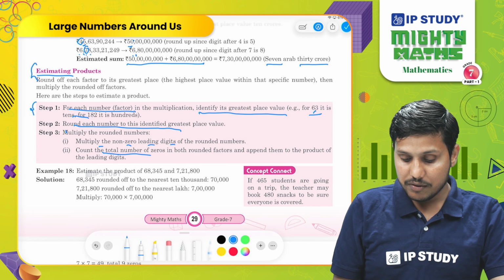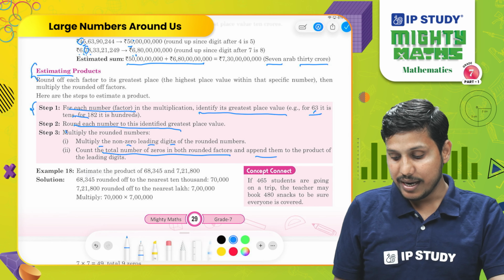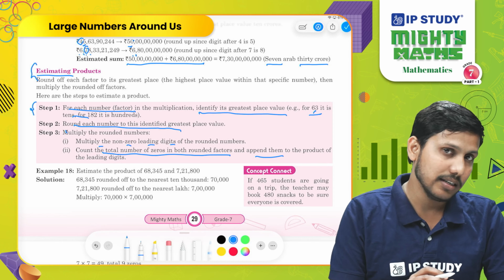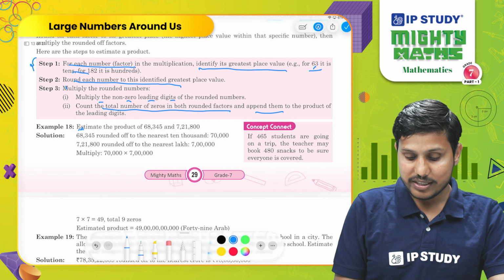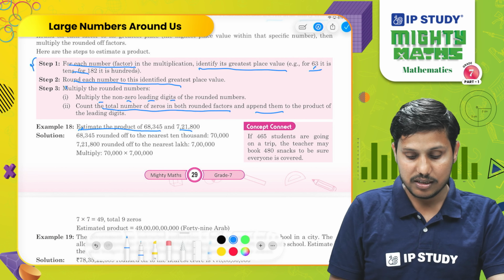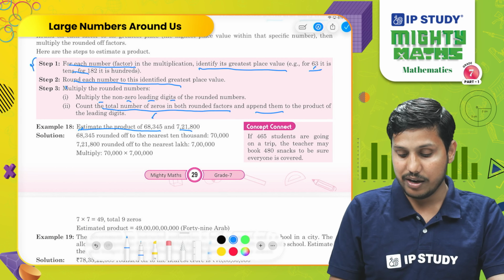Count the total number of zeros in both rounded factors and append them to the product of the leading digits. This is the shortcut that we need to follow. Let's suppose we want to estimate the product of this number and this number, which is 68,345, and